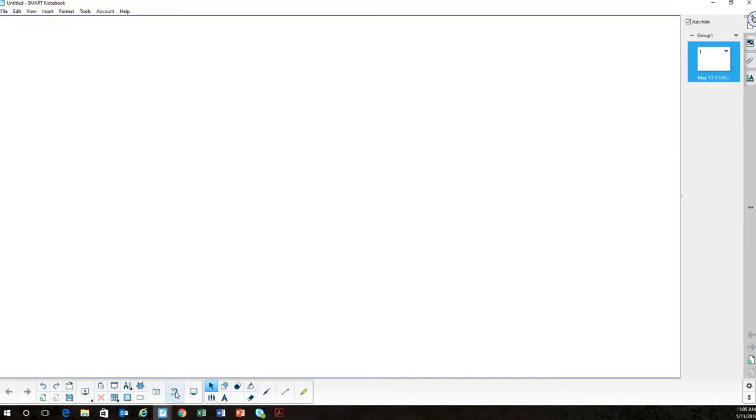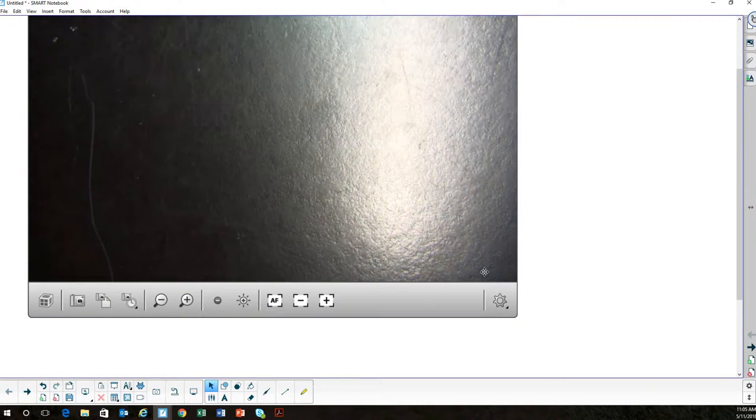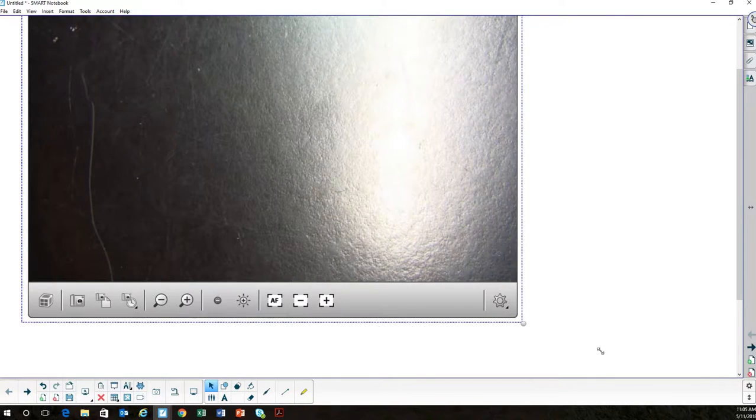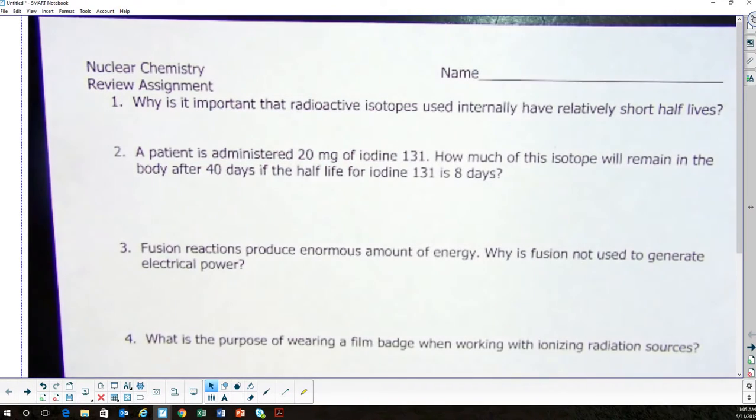Okay, we're going to look at the paper you picked up, which is actually going to be your notes for today. So we're going to go through them together. Okay. Hopefully we can get it to focus in now. All right, so first thing that we want to talk about in nuclear chemistry to review in our brain